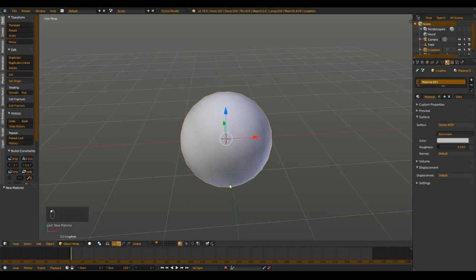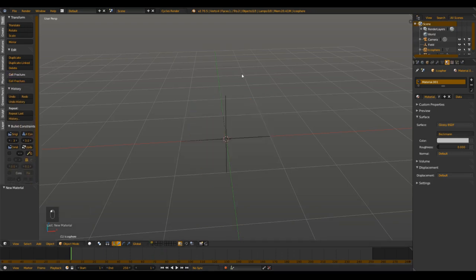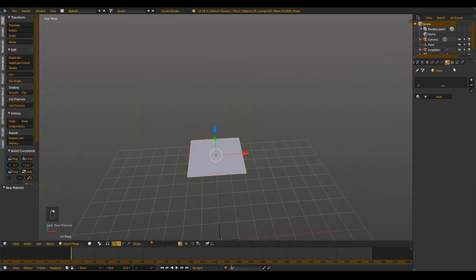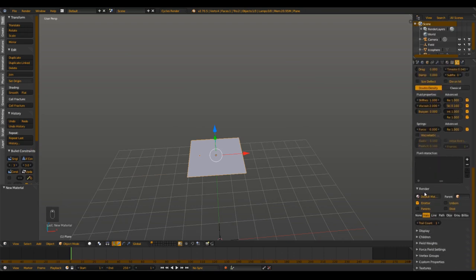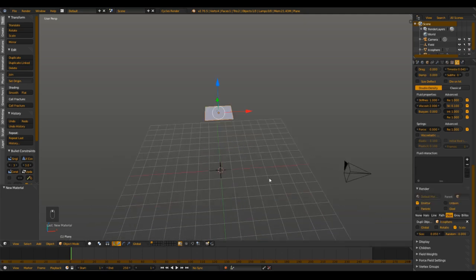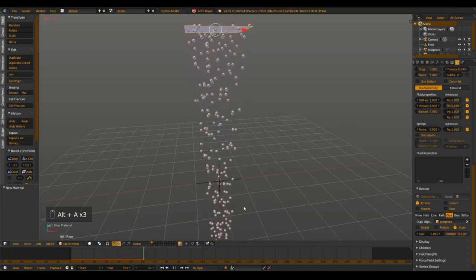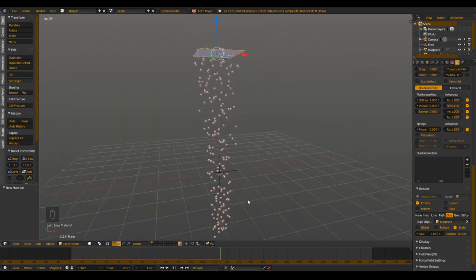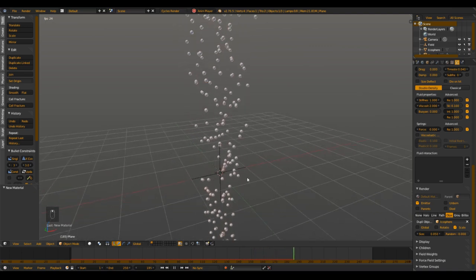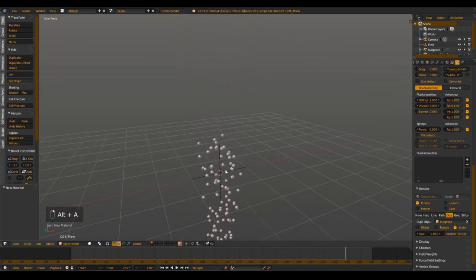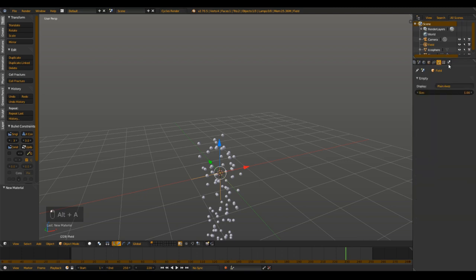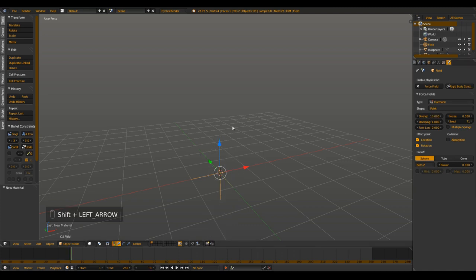So this icosphere, select that one as render and object icosphere, and now we can simulate or play the animation, and you see the force field doesn't affect all that much. This is because we have to set the strength a little bit higher, so maybe try it with 10,